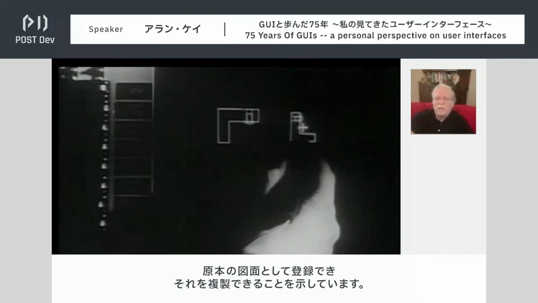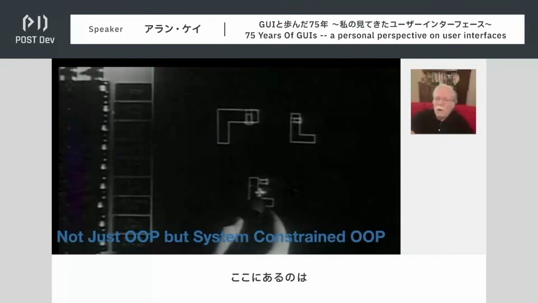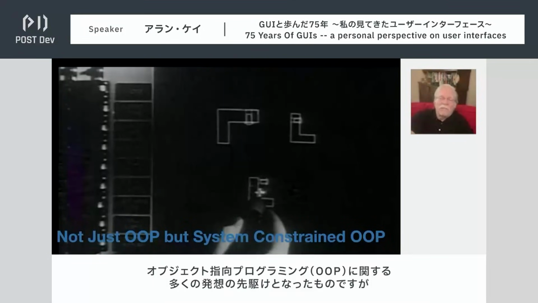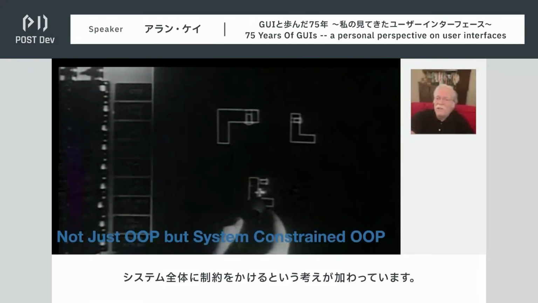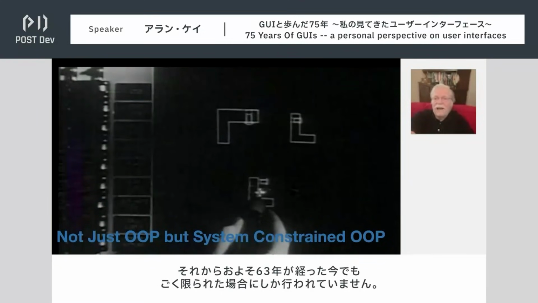And he can make instances of these. So what we've got here was the forerunner of many thoughts about object-oriented programming, but it adds the idea of constraining the entire system. This is not incompatible with OOP, but it's only done in special cases still today, which is about 63 years later.